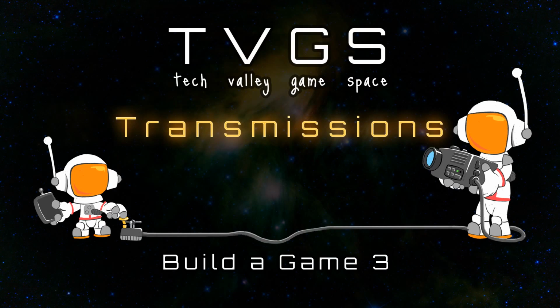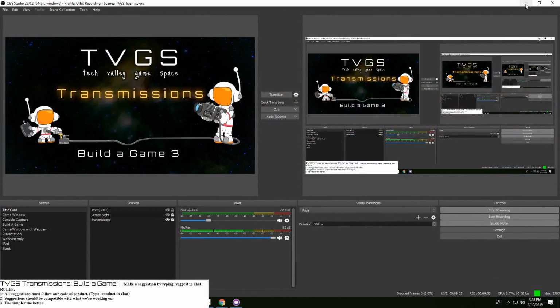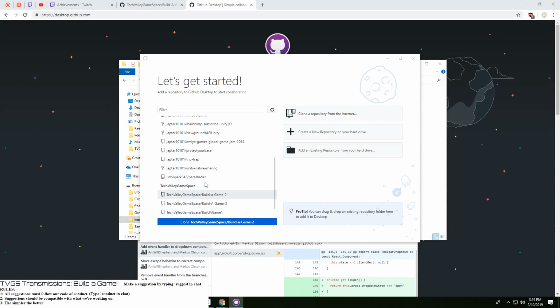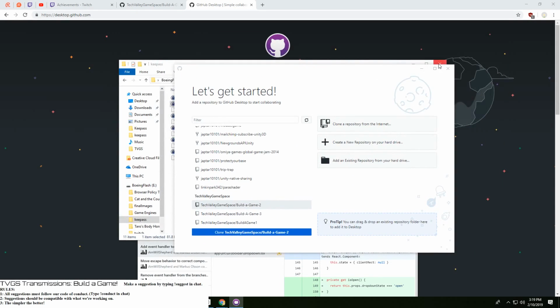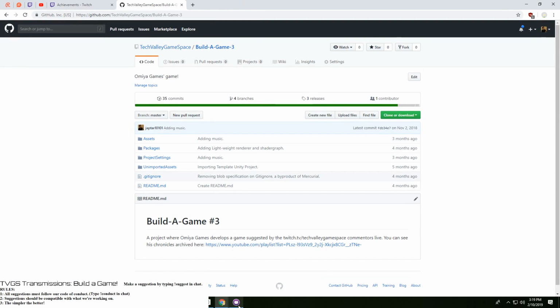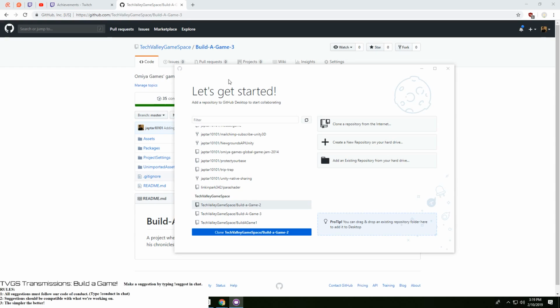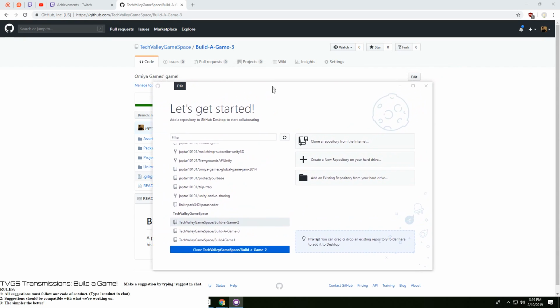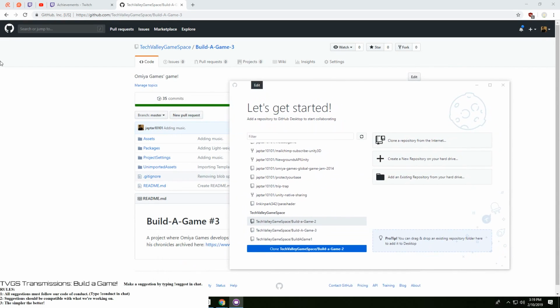And I should probably actually really quick switch over my screen so that you can actually see this. The first and the most important process of utilizing version control is to have a client. So right now I have the GitHub client right here, and it says, hey, let's get started. So, okay, cool. I'm using GitHub Desktop, which is where, as you might recall, our repository currently is.